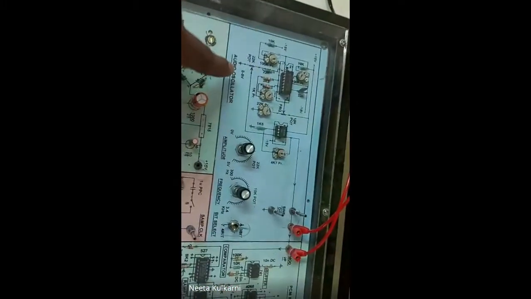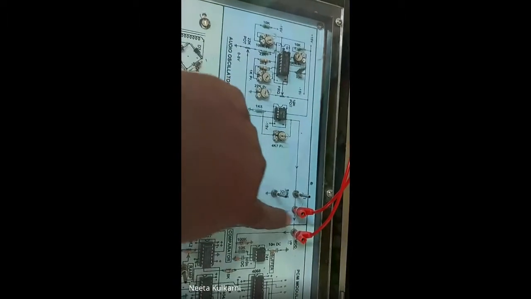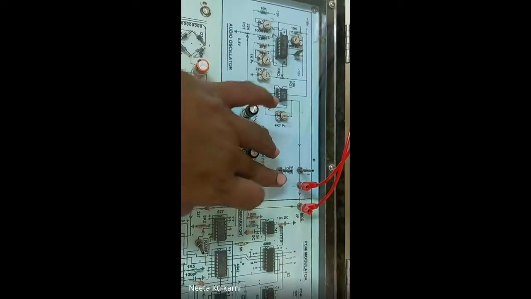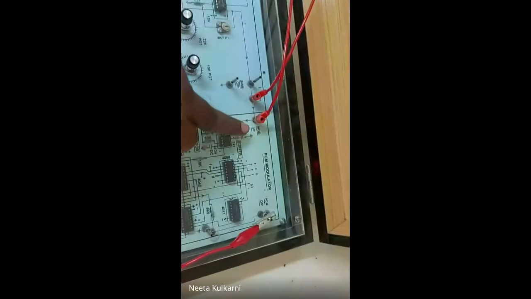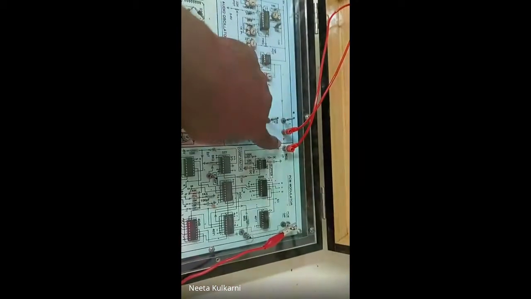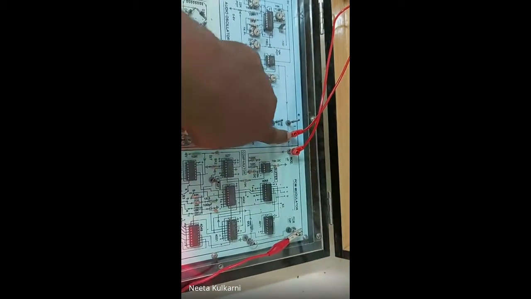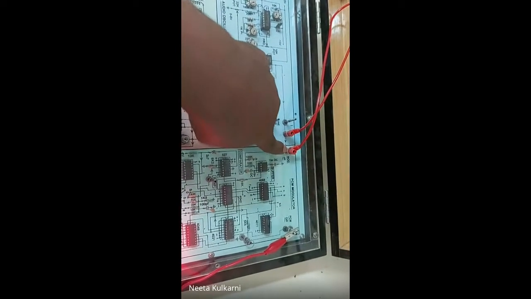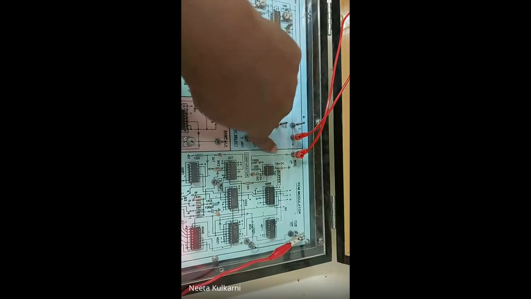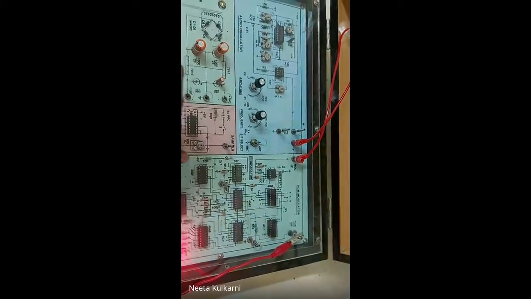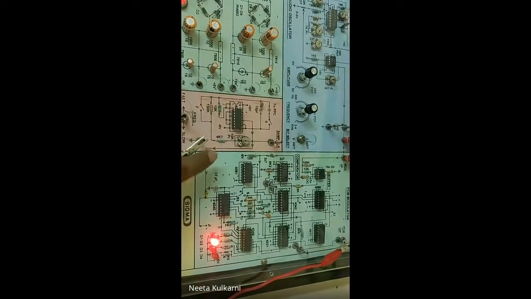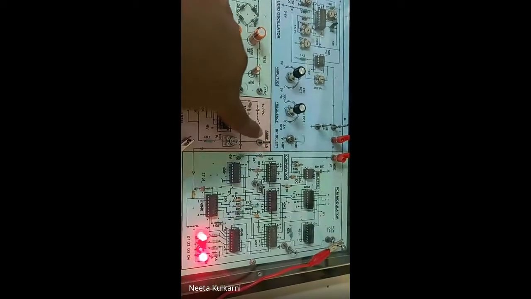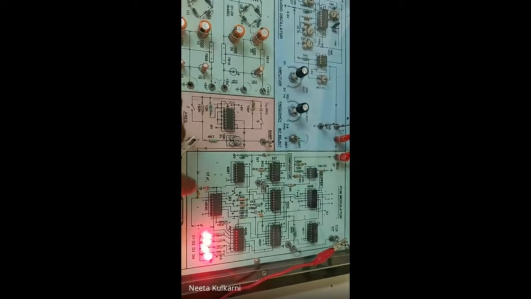Next, this is the audio oscillator. It produces the original analog signal. That analog signal is given to this PCM modulator block. Now, this sampling clock takes the original analog signal from here. There is only one connection: the analog signal generated here is given onward from here. And for this modulator block also, this sampling clock is given as an input.